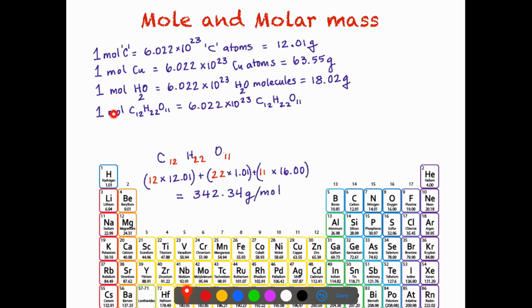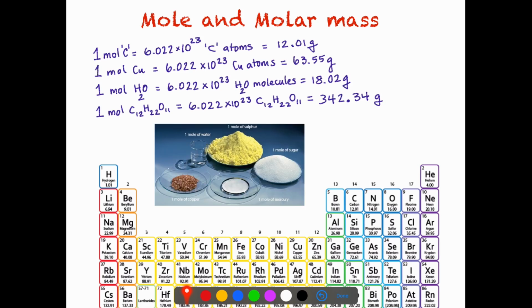So we can say 1 mole of sugar weighs 342.34 grams. Okay, so notice that 342.34 grams, that's about 1 2/3 cups of sugar. Okay, so if you take 1 2/3 cups of sugar, if you take exactly 342.34 grams, which is roughly that,